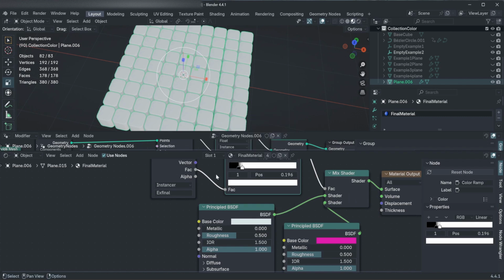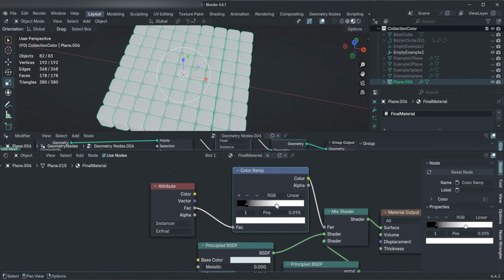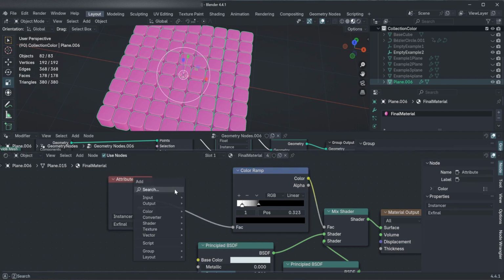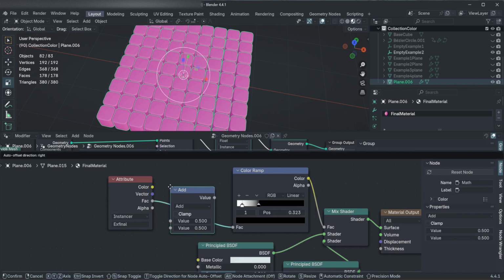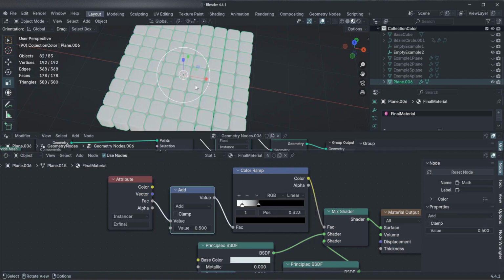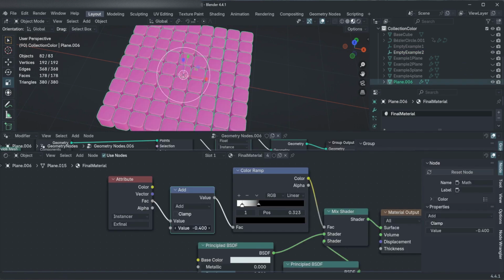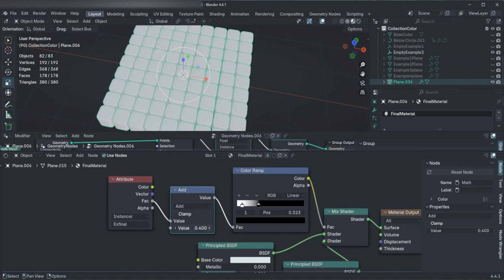Actually, let's make this a white. So we want to go here now, and we want to take this and flip. I'm just going to move these values down a little bit, and something I want to do is go into here and add a math. And after adding this in, we will hopefully start to see